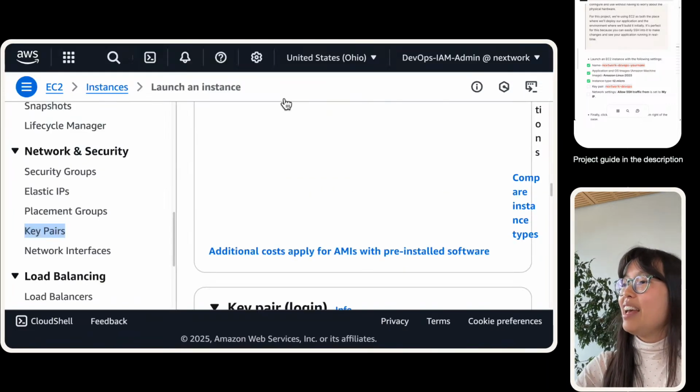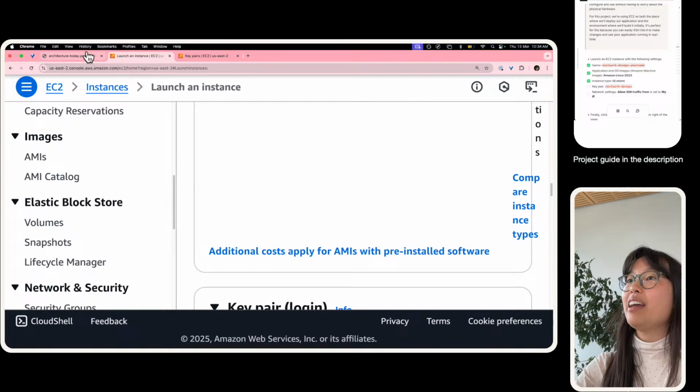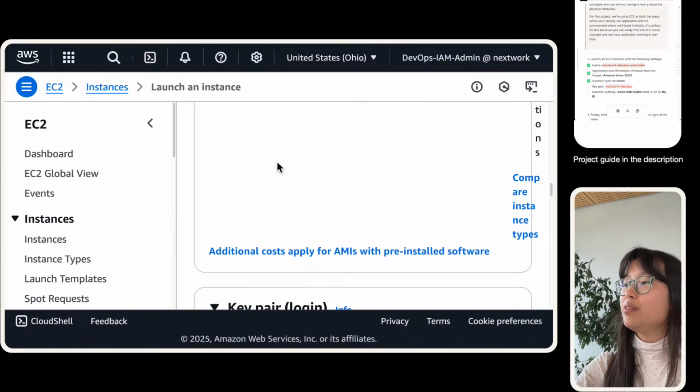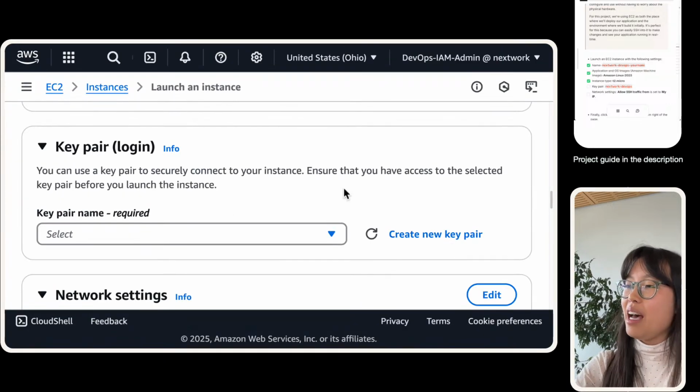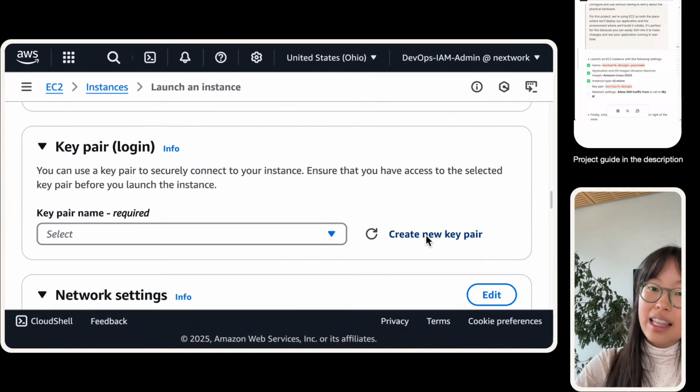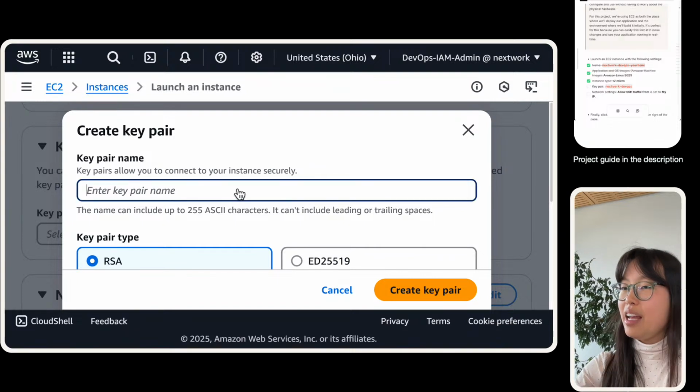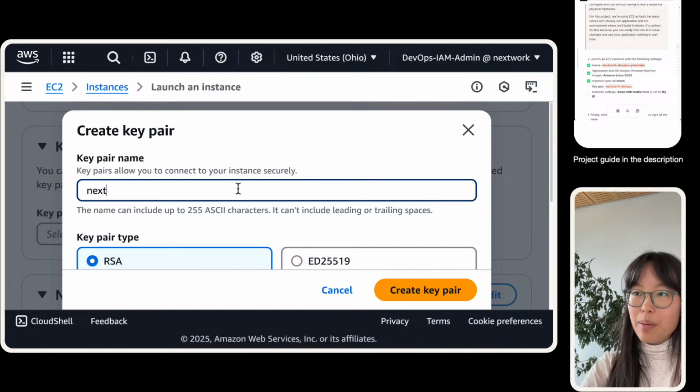All right, and let's go back. Oops. Oopsie daisies. Okay, so to create a key pair, you can select create new key pair here and call it Nextwork DevOps as your key pair name. Do you remember what a key pair is for? If you don't remember,